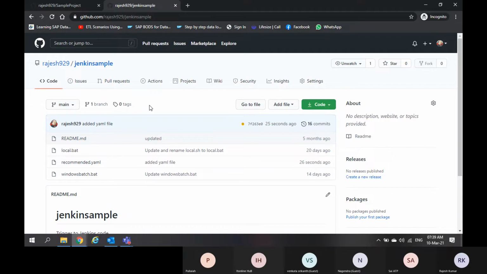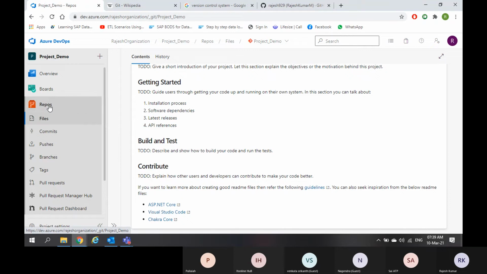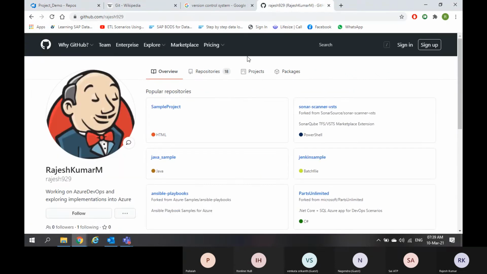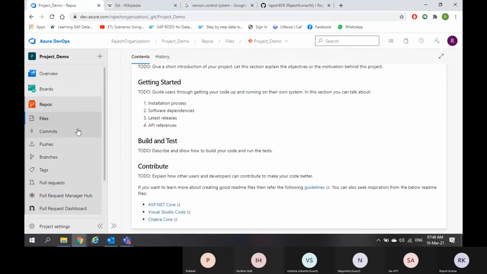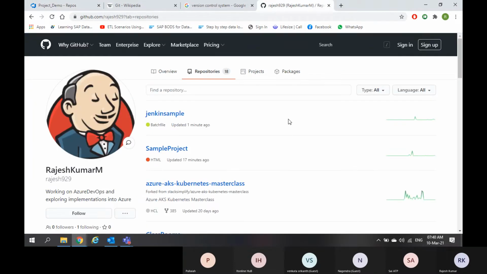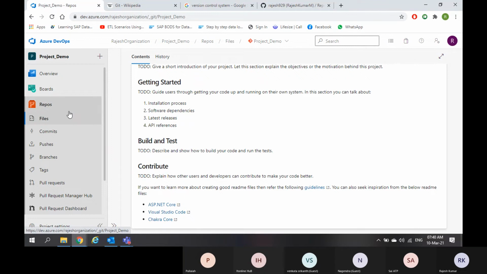This is the GitHub platform. Why I am spending much time on it is because Azure Repos is completely derived from GitHub repository. If you get the overview of the GitHub repository, then understanding Azure Repos is very easy. If you are already working in GitHub, that is well and good. But even if you don't know about GitHub, we have a lot of things available in the market. You can go and verify either Google or YouTube. Many tutorials are there to understand GitHub. Once you understand GitHub, then understanding Azure Repos is very easy. If you see the structure, it looks similar.